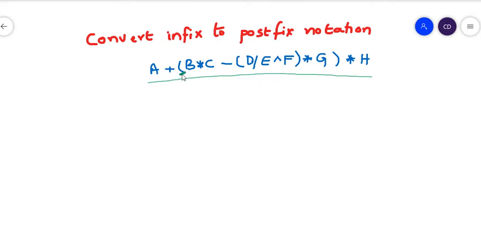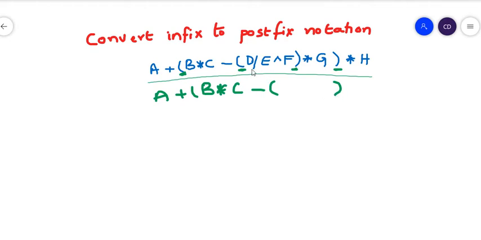You can observe that here you have one bracket that ends here, and here you have another bracket that also ends here. So we have multiple brackets, and you all know that whenever we have nested brackets, the inner bracket has higher priority than the outer brackets. So I can evaluate this as a plus b multiplied with c minus. Here I have inner brackets.